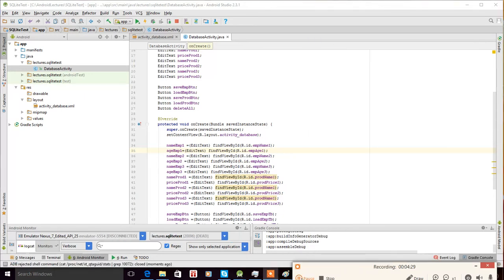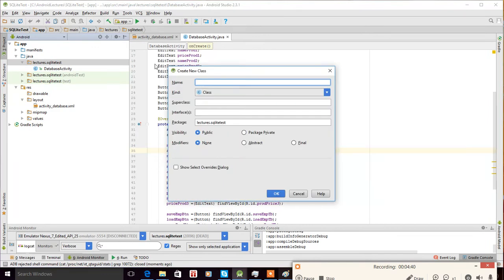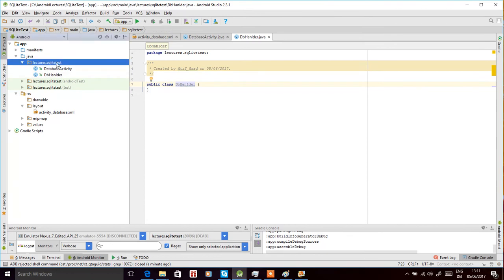Now we start writing the code for our database. First of all, we need to create the SQLite database. So first of all, we need to create a class that we can name as DB handler, or just DB handler. We know that it is an SQLite database. We created this class under the same folder where the database activity, our main activity class, is located, and we need to extend this class